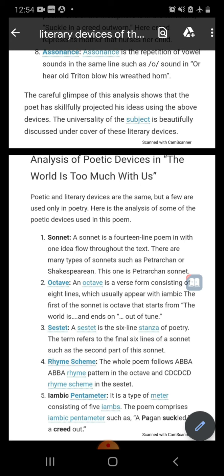There are many types of sonnets, such as Petrarchan sonnet. Another kind of sonnet is Shakespearean sonnet. But this particular poem, "The World is Too Much with Us," is written in Petrarchan sonnet. Now let's see what is Petrarchan sonnet. Petrarchan sonnet is a poem written in 14 lines, but